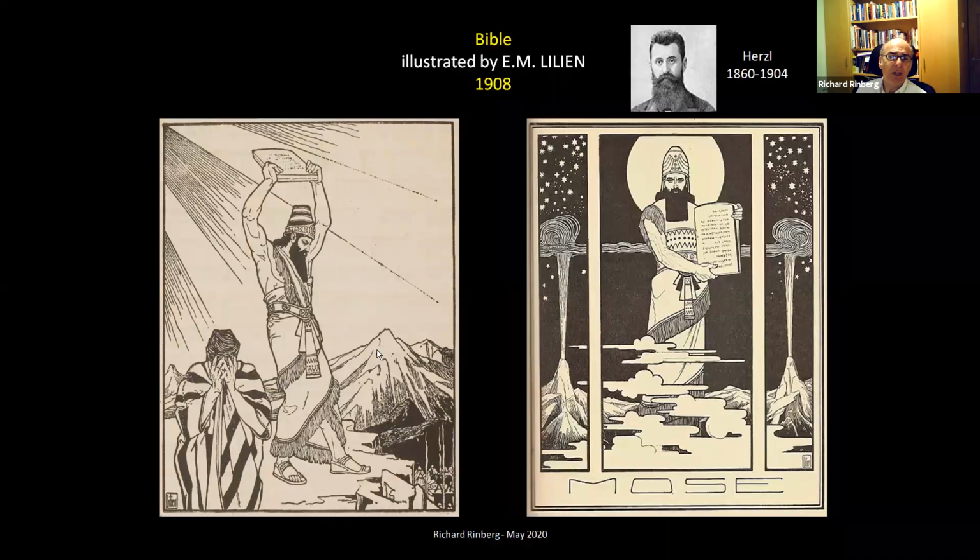And here you've got Moshe, and you can see he's about to smash the Luchot. And here you've got Moshe again with the Luchot. And again, just amazing imagery. And of course, you look at the face of Moshe, and he's taken it from Herzl. This is, again, the hashkafa they're trying to push. But wonderful drawings, wonderful imagery. Lilien becomes the artist for the Zionist cause. I gave a talk on Lilien a while back.